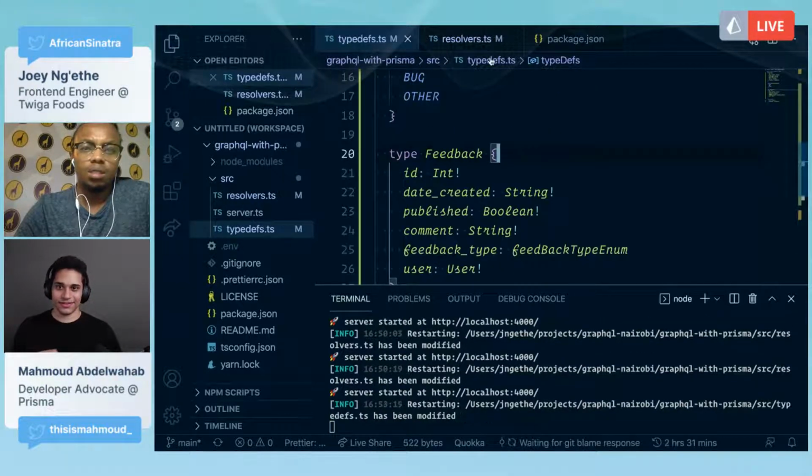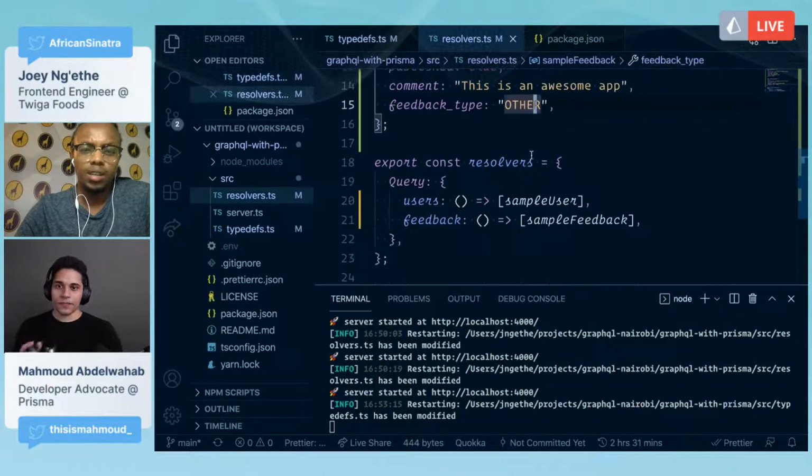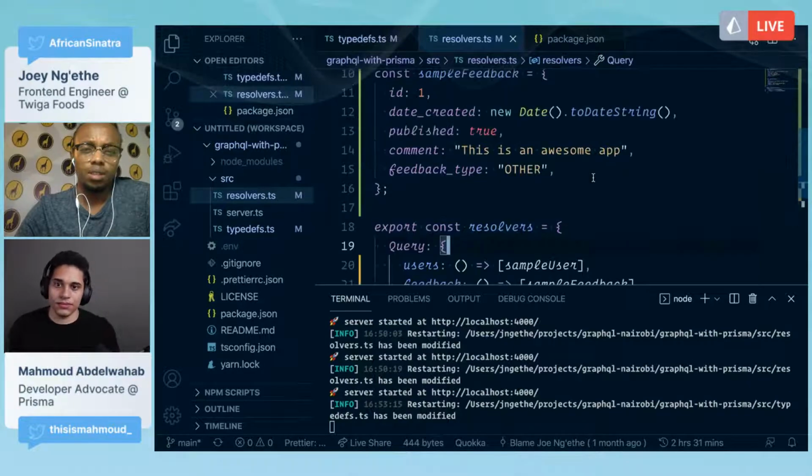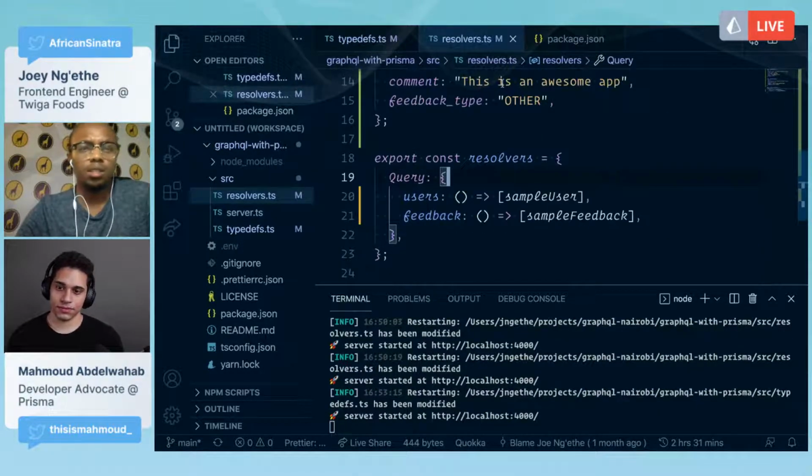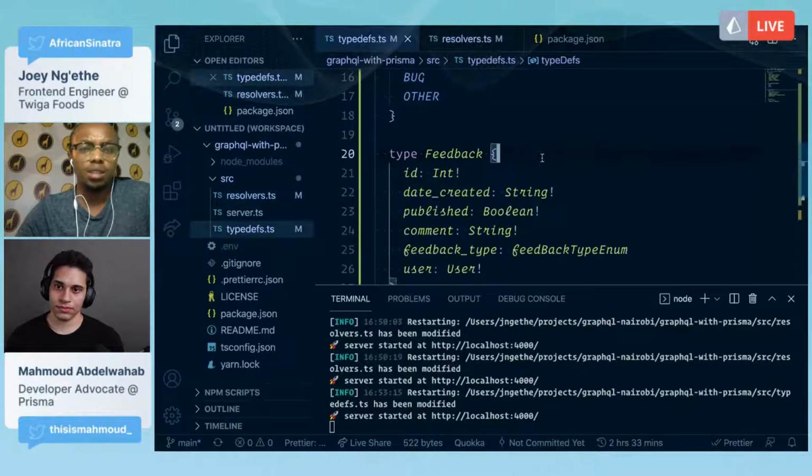So now, again, to our resolvers. We need to find a way that we can return this. Let's just have a look at this.